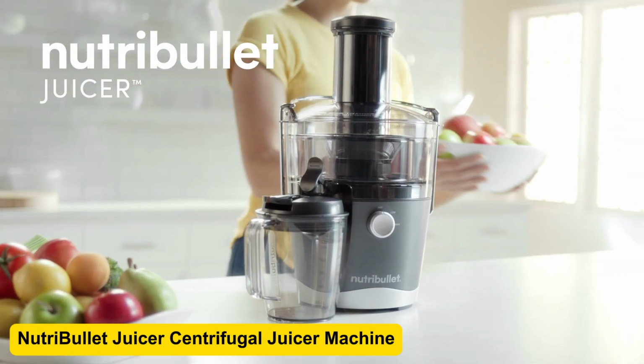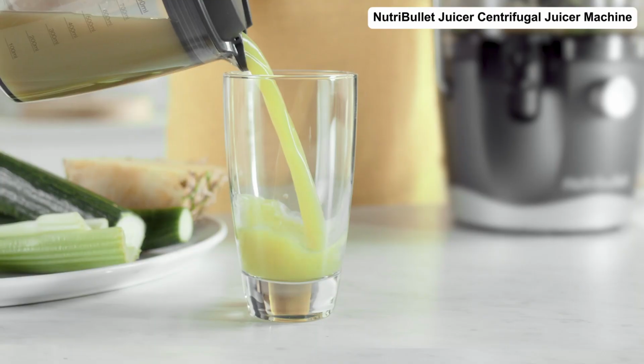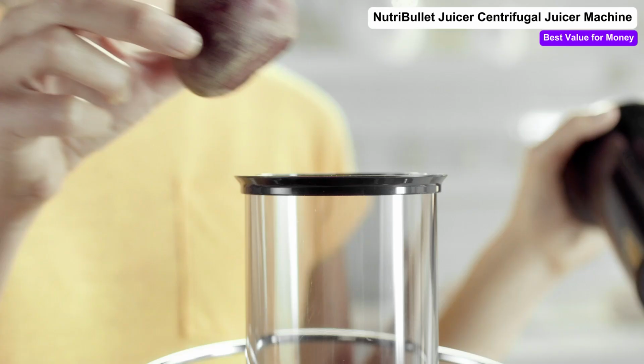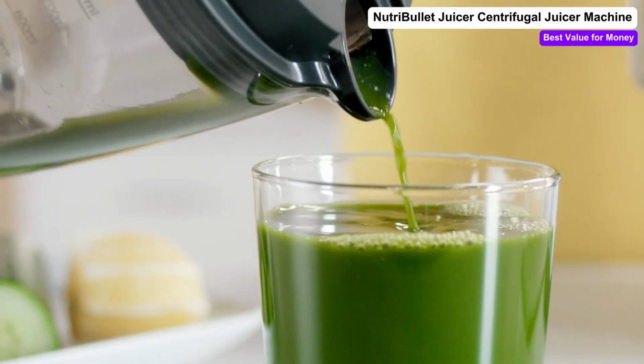NutriBullet Juicer Centrifugal Juicer Machine. The NutriBullet juicer gets the job done with dual speed control, giving you full power over both soft and hard produce. It comes with a 27-ounce juice pitcher that seals tight, so you can store fresh juice for up to